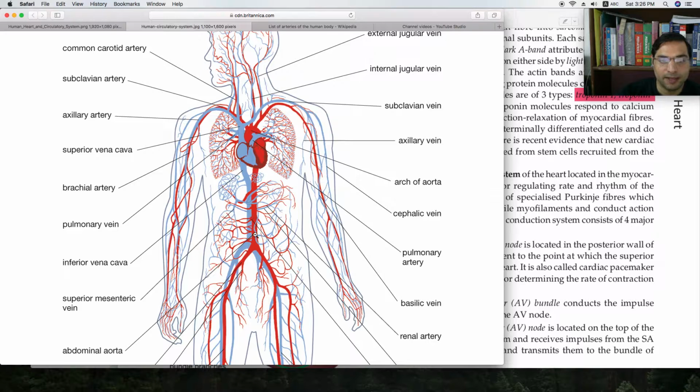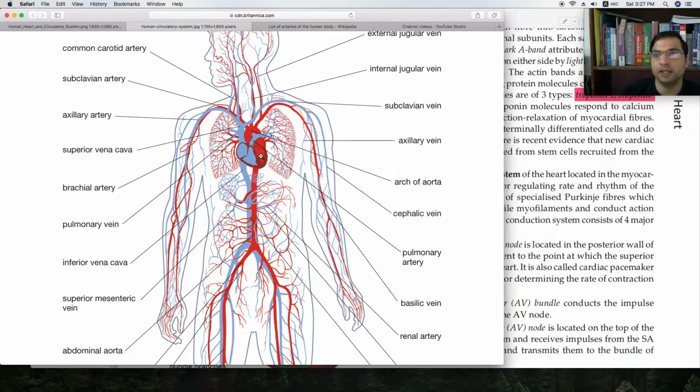through the veins it comes back. So from the lower portion of the body, the inferior vena cava brings the blood, and from the upper portion of the body, the superior vena cava brings the blood, and it drains into the right atrium, and from the right atrium the blood goes into the right ventricle, and from the right ventricle it is pumped into the pulmonary artery, and from the pulmonary artery it goes to the left lung and the right lung, where it is oxygenated and again put back into the pulmonary veins and again into the left side of the heart,